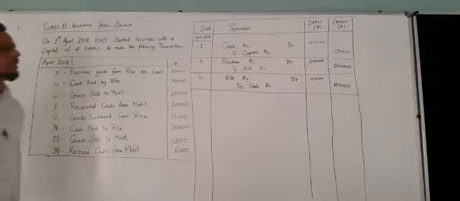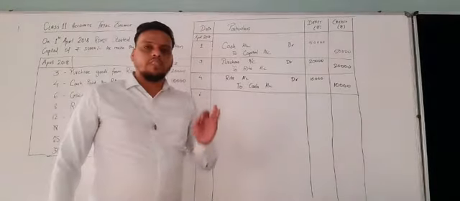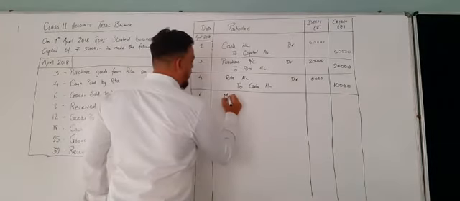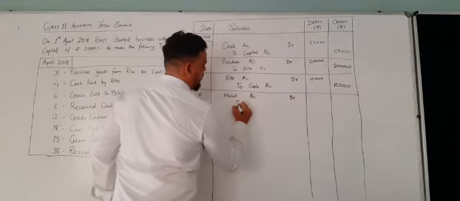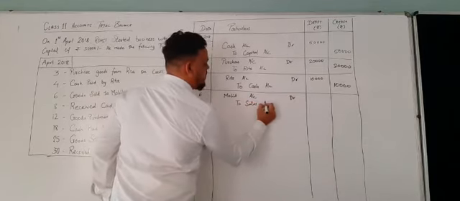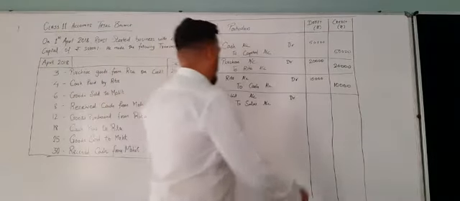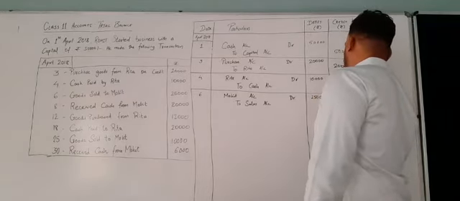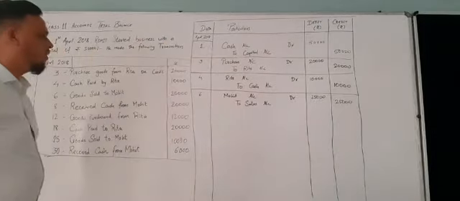Goods sold to Mohit. Now on 6th, sales always comes on the credit side. So you have to write Mohit account debit to sales account. Mohit has purchased goods of 25,000. You have to write 25,000, goods has been sold to Mohit. Now on 8,